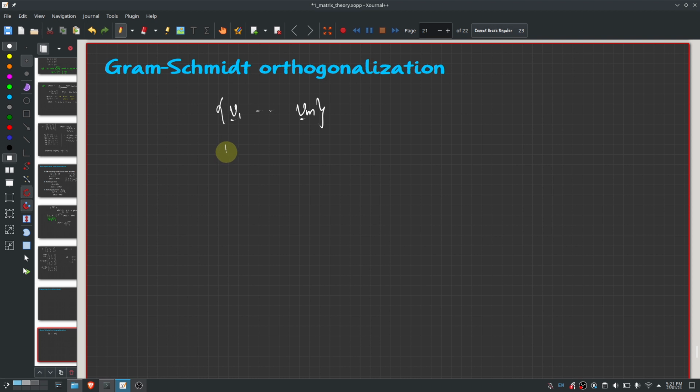Yeah, so you take u1 to be equal to v1 by the norm of v1. So this ensures that u1 has unit norm, correct? What's the next step? u2 equals v2, or let me call it u2 prime equals v2 minus the inner product of v2 with u1, right? Divided by